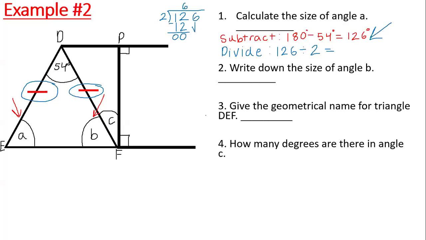Bring down the 6. How many times is 2 going into 6? 3 times. 2 times 3 is 6. And we have 6 minus 6, which is what? 0. And so it's going to be 126 divided by 2,